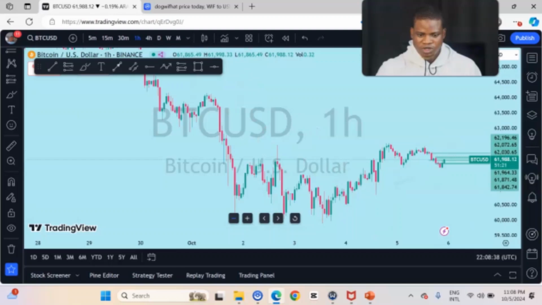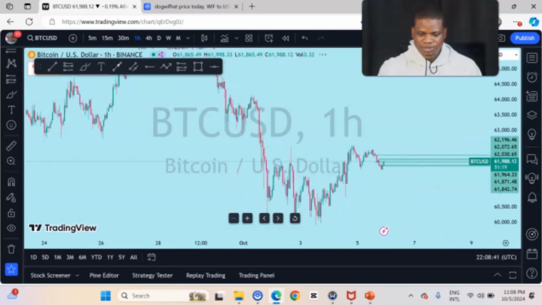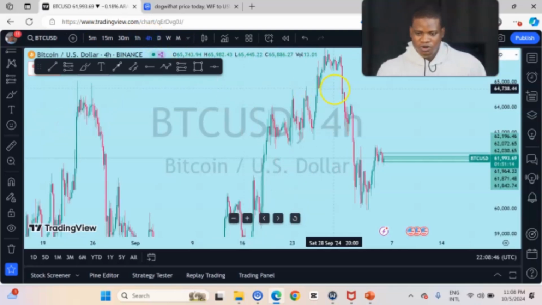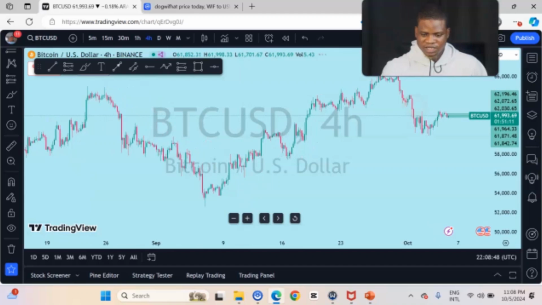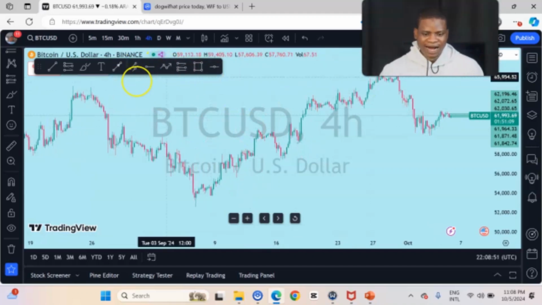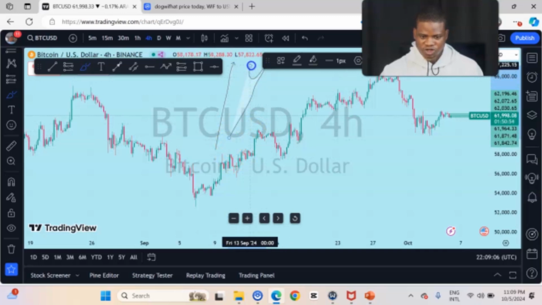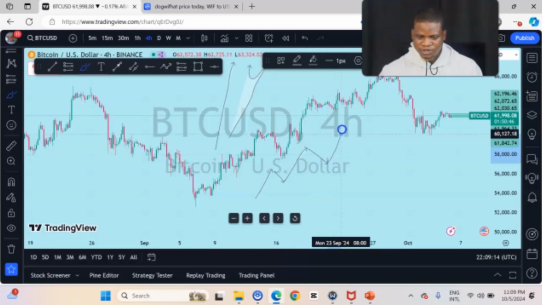Simple and straightforward. So, if you look at BTC, let's look at BTC on the 4-hour or the daily. If you look at this market, you will see it's an uptrend. The market does not move in a single direction. You can never see the market moving straight up like this. It is not possible. The market moves up in a particular pattern, something like this, like this, like this, because